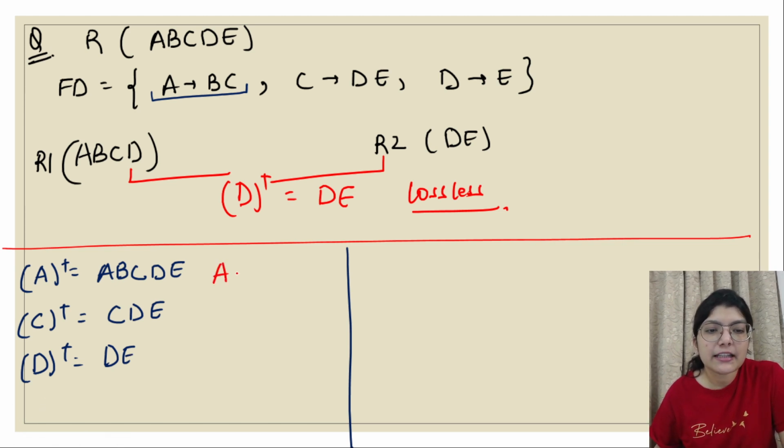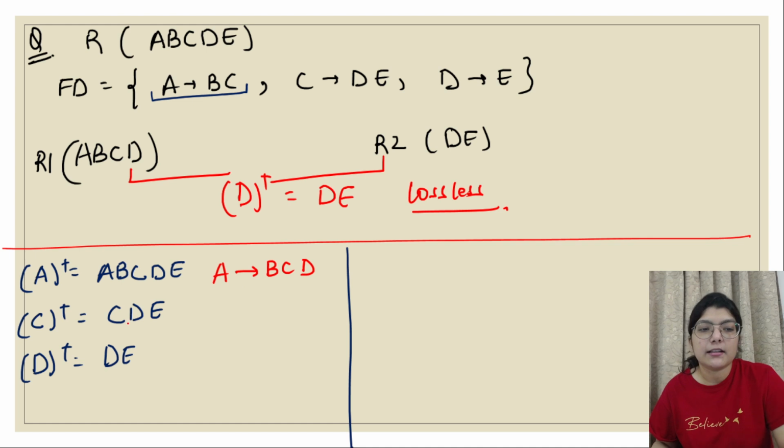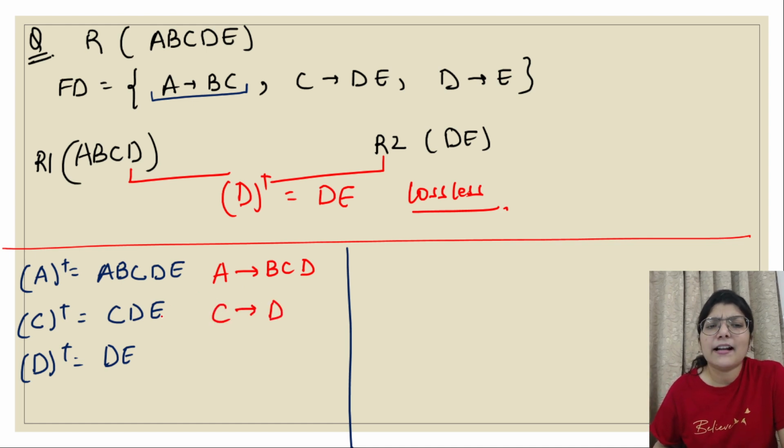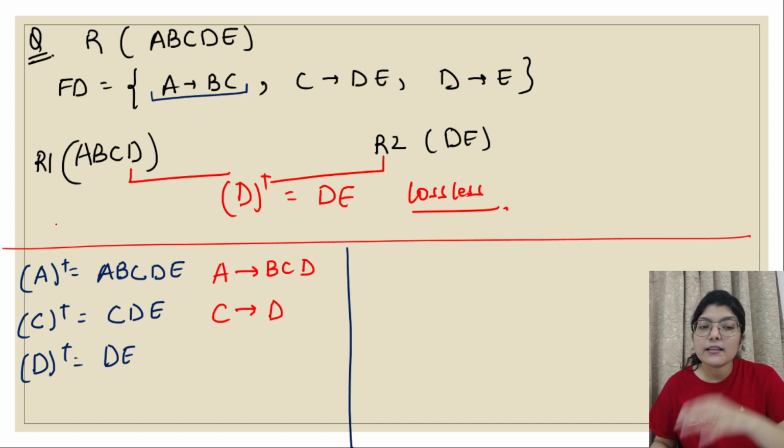First I'm getting A to B, C, D. I can write D also because D is a part of this relation. So I can add A to B, I can add A to C, I can add A to D, and I can combine them as well. Then from here I am getting C to D. I do not require E for now because E is not a part of this relation. Next I'll move to R2. This I do not require because E is not a part of R1, so I'll not include it over here. Do not get confused, please.